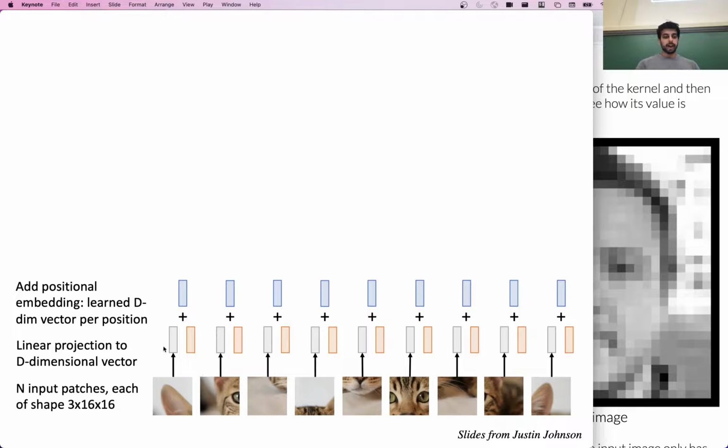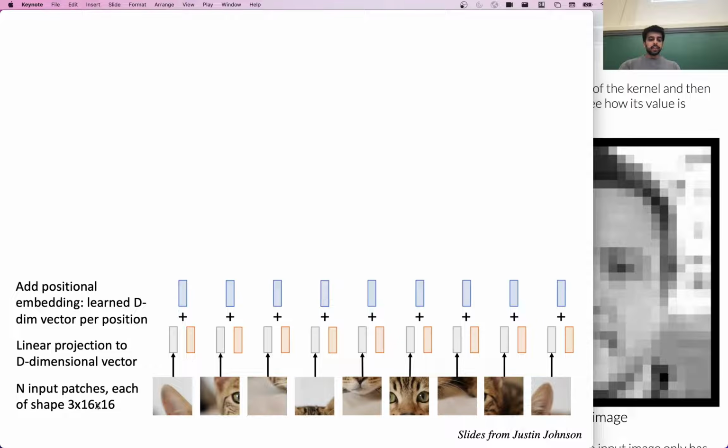They also add position embeddings here, where you can get a little more fancy than the ones for text. You could try and encode both the row and column dimensions into the position embeddings if you like. They didn't do anything like that, they just had learned position embeddings.